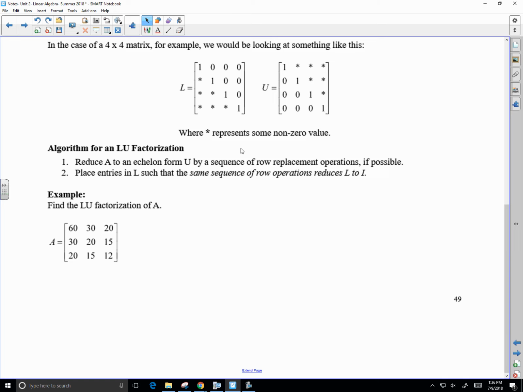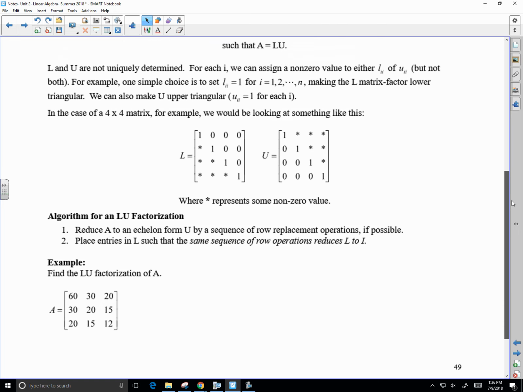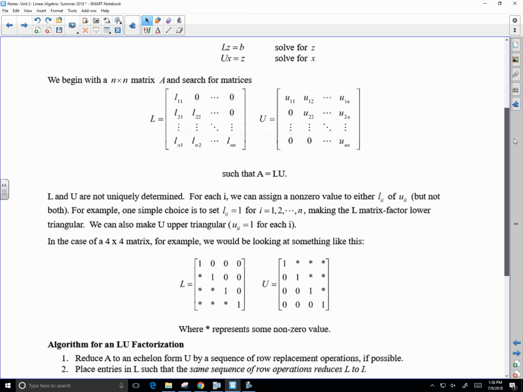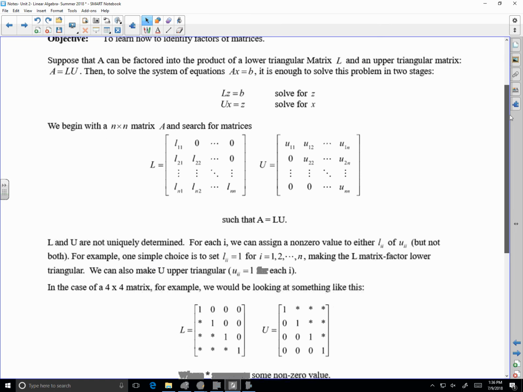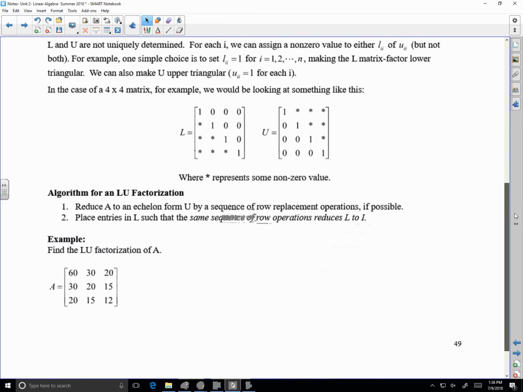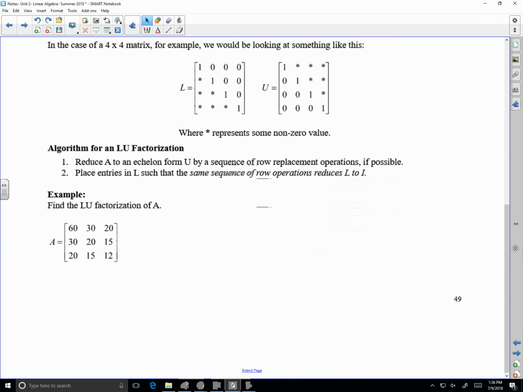There's a bunch of different ways to go. I've seen different approaches for LU factorization. If you read through all this, it can be a little funky. But I have a little shortcut that gets you through the approach first, and then once we get through the approach, we start working on understanding. Right? And so we're reducing A to an echelon form U,